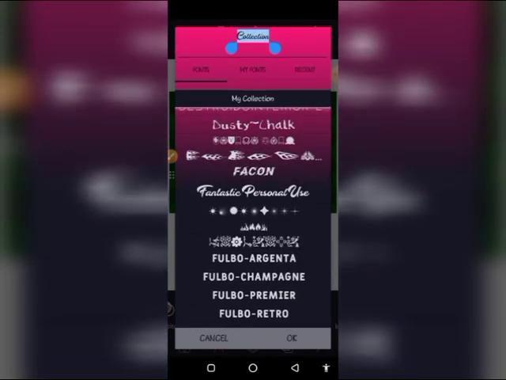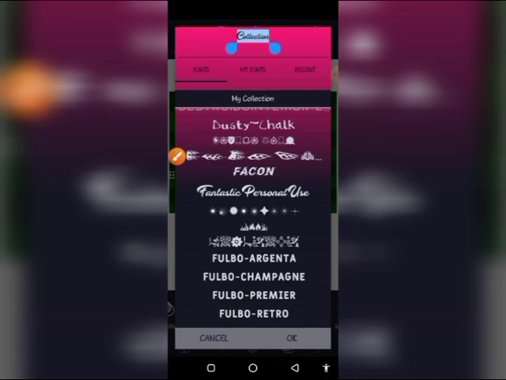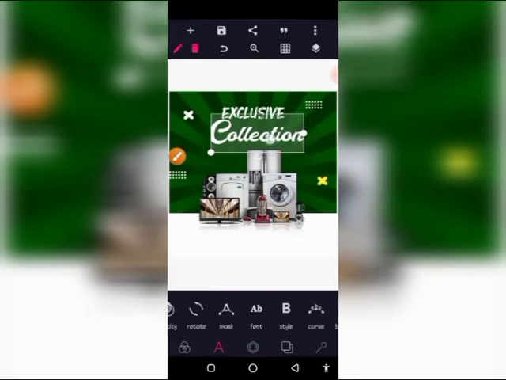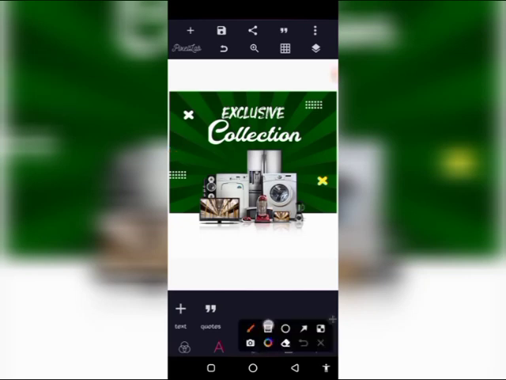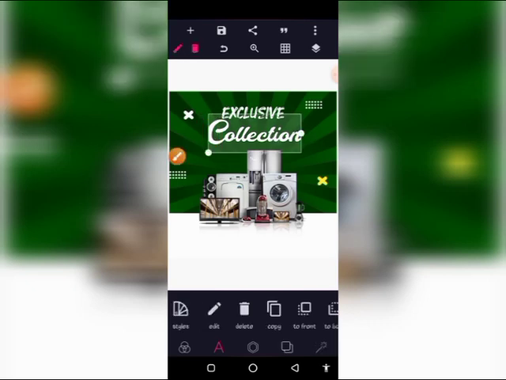All right, so this was the font I used. Fantastic Personal Use, this was the font I used. So that's the font. So tap on that to select the font. Okay, so you can see that some part of our text is cut off here and some part is also cut off. So to solve that problem, tap on the text, scroll to your right,